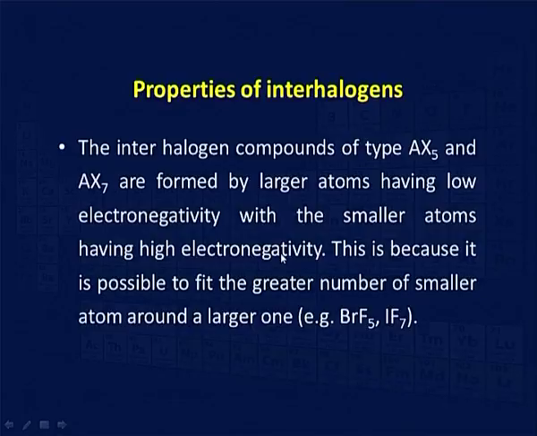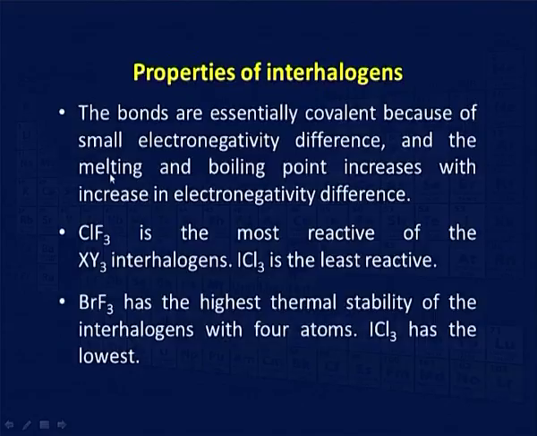It is because it is possible to fit a greater number of smaller atoms around a larger one. For example, bromine pentafluoride, iodine heptafluoride. The bonds are essentially covalent because of a small electronegativity difference, and the melting and boiling points increase with increase